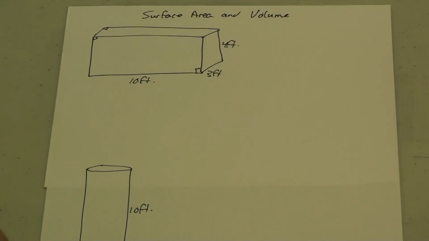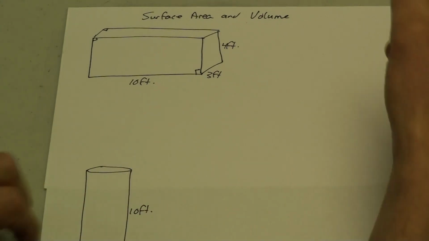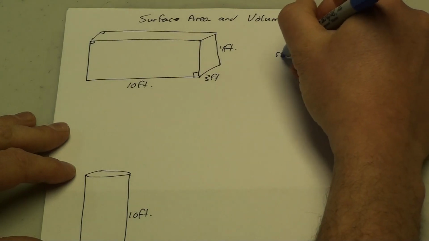Okay, this video is on calculating the surface area and volume on some of the more common shapes. So the first one we're going to talk about here are some prisms. Now this is what's called a rectangular